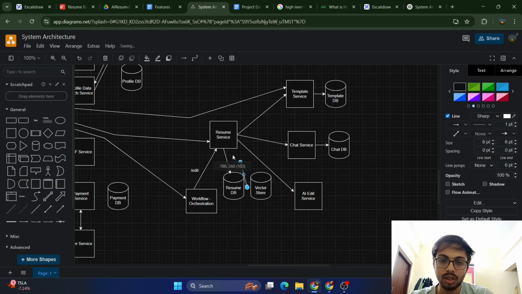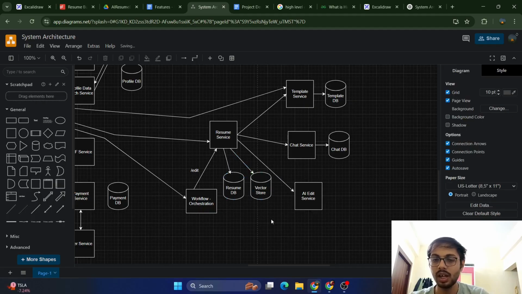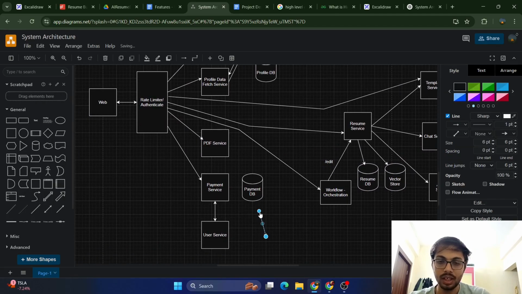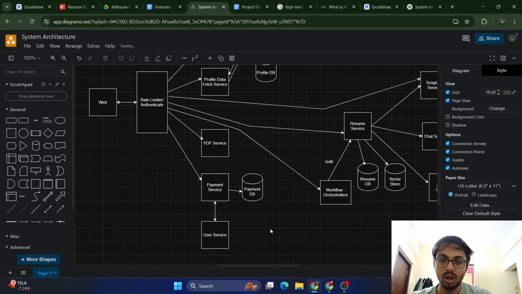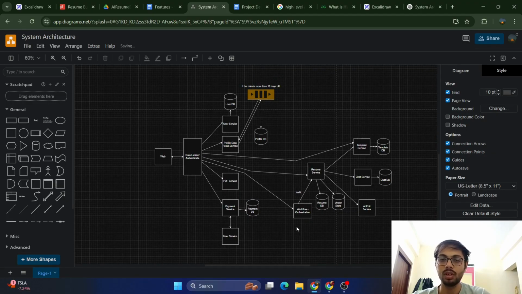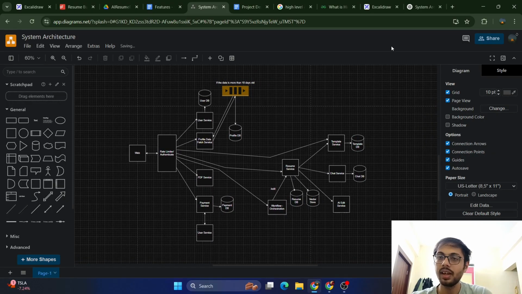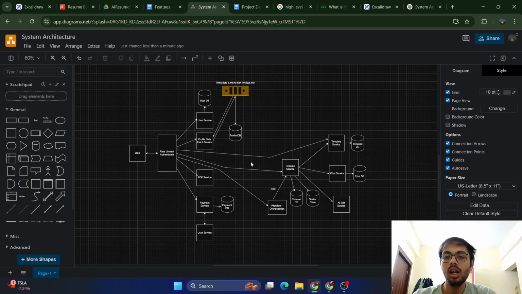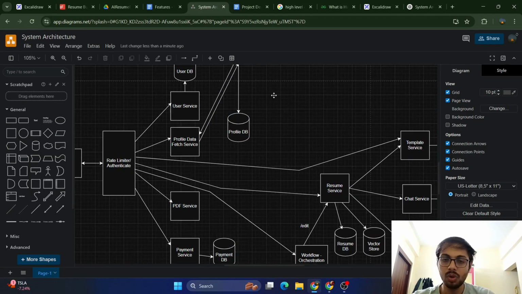कुछ करो, हाँ करो। रेज्यूमे के लिए we have both persistent DB and vector store। उसके अलावा पेमेंट्स के लिए हमारे पास में पेमेंट्स का डेटाबेस है, और यूज़र का पहले था and then पीडीएफ का कुछ नहीं है। तो डेटाबेस कुछ इस तरीके से है।